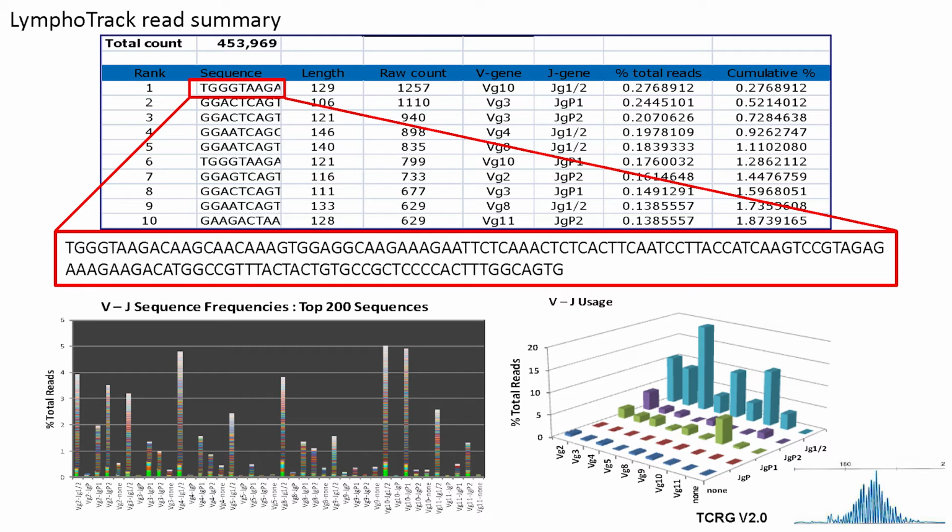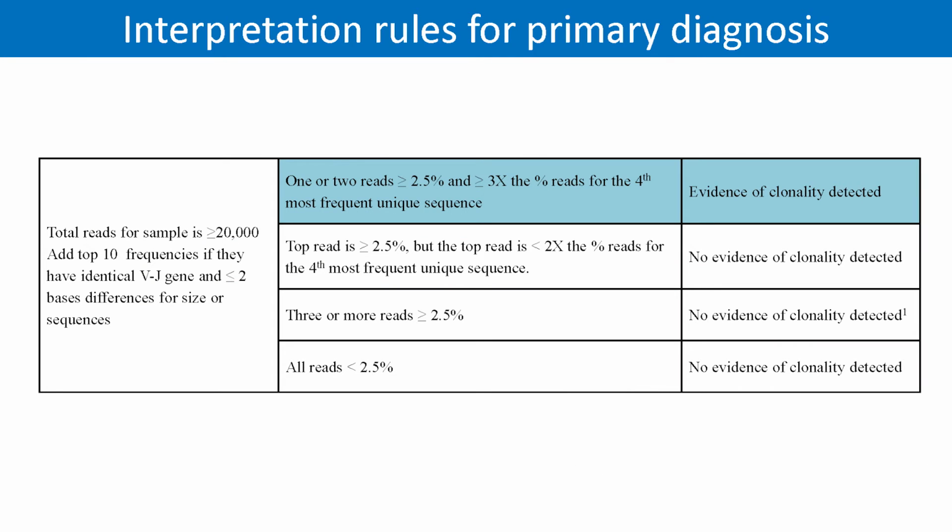So this is the distribution that you would see in a sample that would look like this. This is a TCR gamma. So this is the equivalent to that in the two different assays. So there are specific interpretation rules for a primary diagnosis, and so what we actually have set up is that